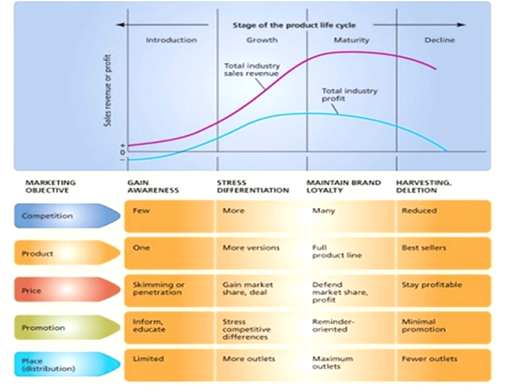Now this is the summary. This gives us the summary of all the four stages. In the introduction stage, you have to gain awareness. In the growth stage, you have to differentiate your product and try to be more competitive. In the maturity stage, you have to maintain brand loyalty. You just have to look after the loyal customer. You have to build up new markets, but yes, your business mainly comes from the brand loyalty or the loyal